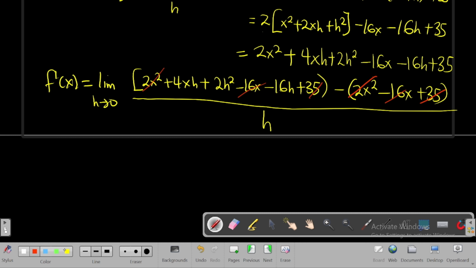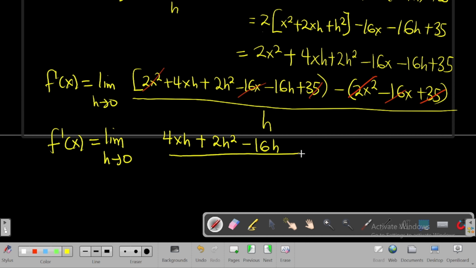Now our function results in f prime of x is equal to limit as h approaches 0 of 4xh plus 2h squared minus 16h